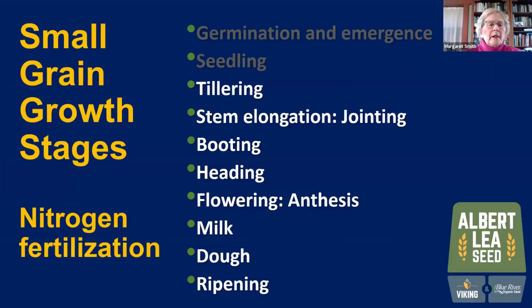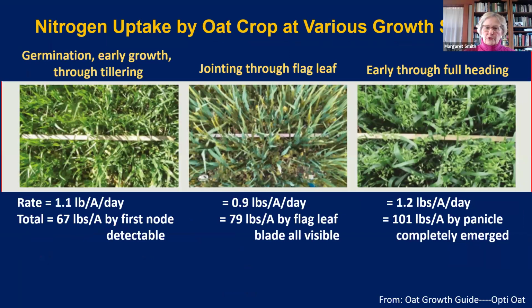Very touchy. So we talked about tillering, stem elongation, and jointing, but let's look at the nitrogen fertilization. Now I'm going to switch to oats, but again, don't get frustrated by me switching from one grain to another. This holds pretty much throughout the 4 species. So early on, germination, early growth through tillering, if you look at the left-hand side of this graphic,